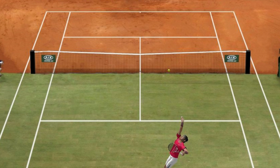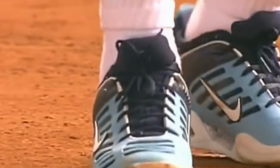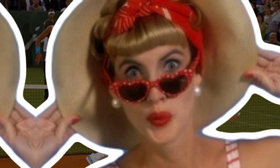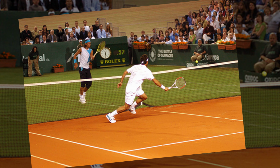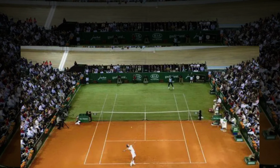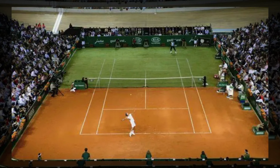So fasten your seatbelt, folks, because this match is about to take you on a wild ride you'll never forget. The crowd is buzzing with anticipation as Nadal tosses the ball high in the air for the opening serve. But hold on to your sun hat, folks, because the moment that fuzzy yellow ball makes contact with the grass, it's like watching a jet-propelled rocket on ice skates. Federer, usually as graceful as a swan, is slipping and sliding all over the grass, trying to maintain his swish